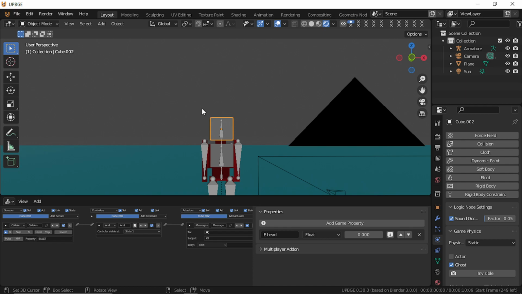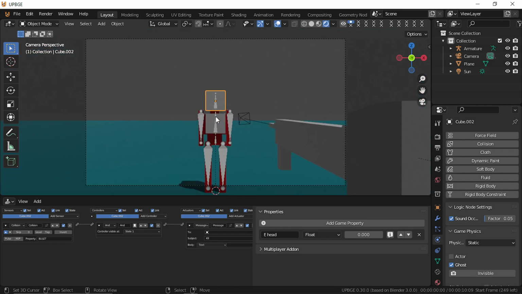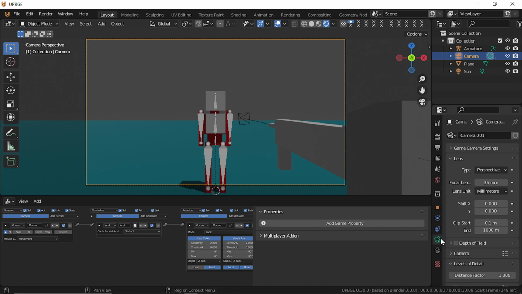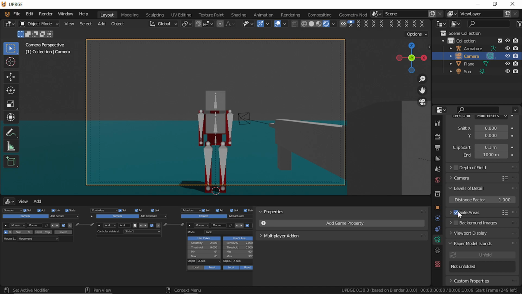Okay, so now we need a bullet. Now we need to spawn a bullet, but there's one problem. It's not aiming at the center of the screen. That's the first thing we need to solve. Go to your camera, and you need to add your level of details, safe areas. You can see these lines, they're very faint. I don't know if you can see them or not. If you're watching this on an Android device or whatever, I don't know if you can see this, but